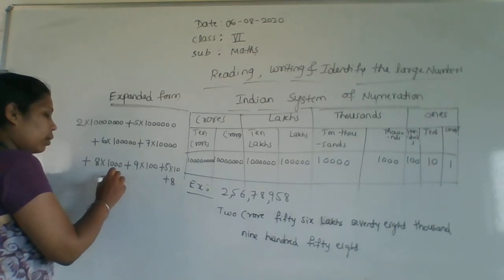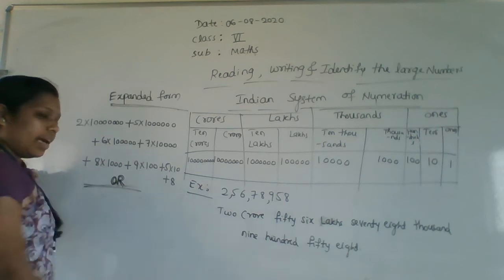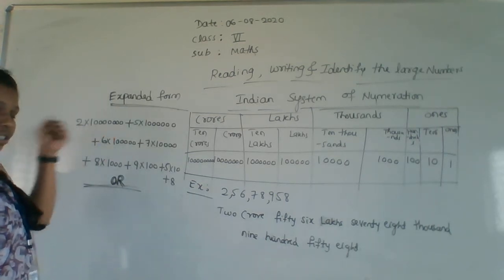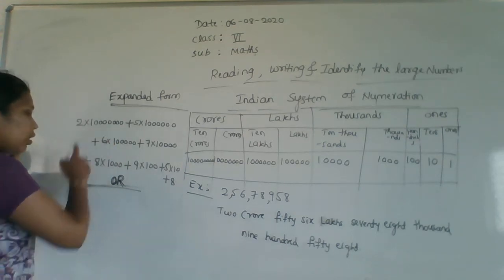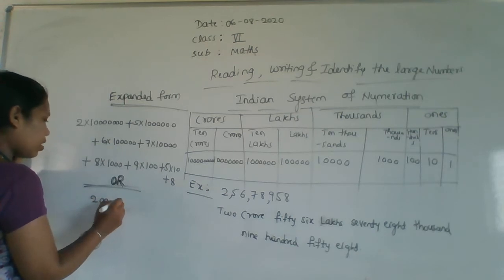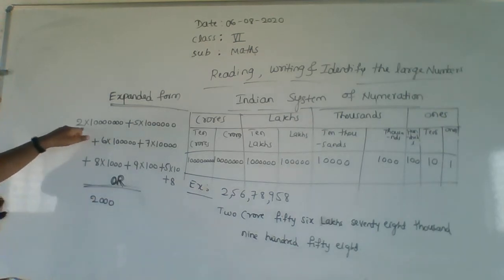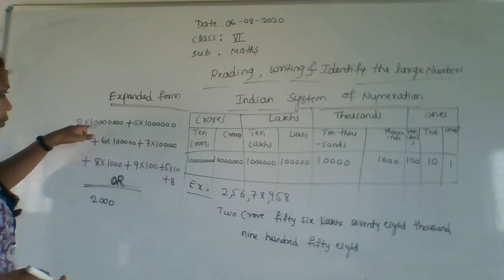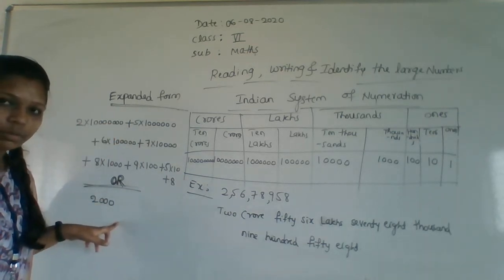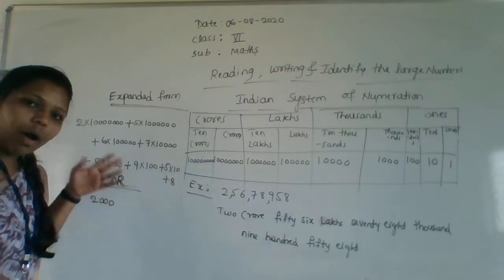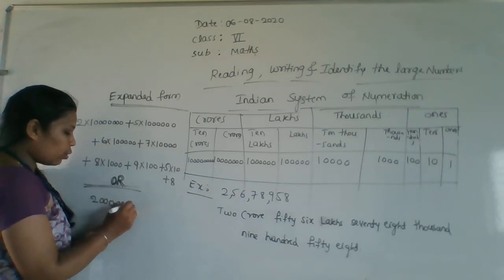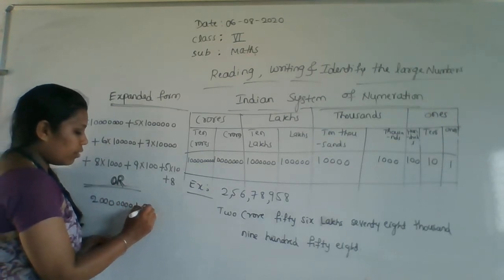I am giving one more method, that is how to write the expanded form. Instead of writing 2 into this much, 2 into 1 crore, instead of that write 2 crore only. 2, because we have multiplied 2 into this much means what? 2 ones are 2, and after that you have to write that many zeros. Okay, that is nothing but all the same values only. So here I am going to write 2 crore plus 50 lakh